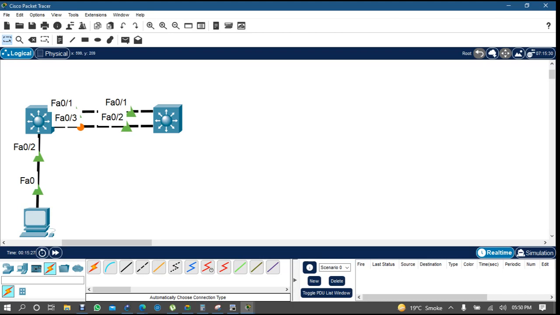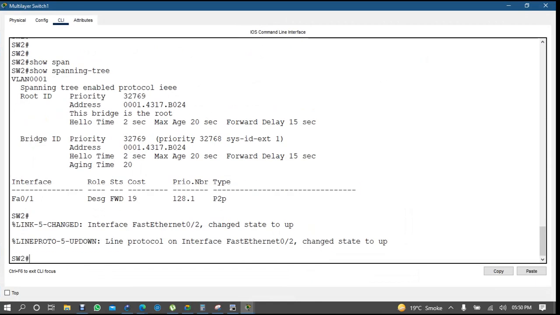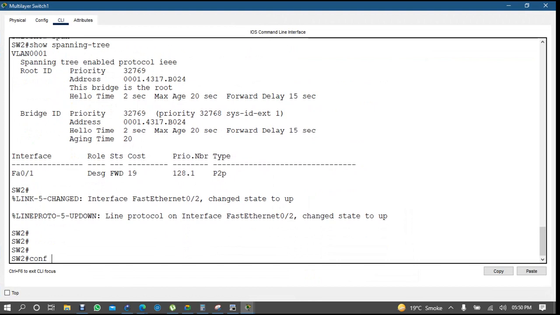Okay, so now the question will come: where should I enable uplink fast? You have to enable it on all the switches, but uplink fast is not per interface. Uplink fast is a global mode configuration. So I'll come to this switch, conf t,